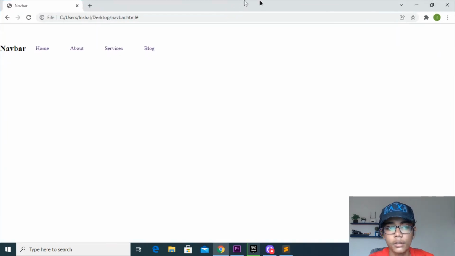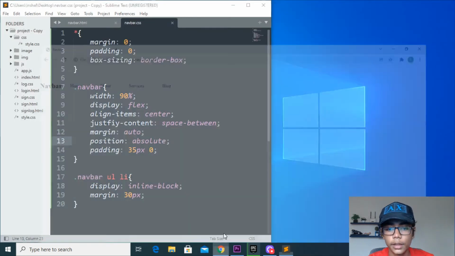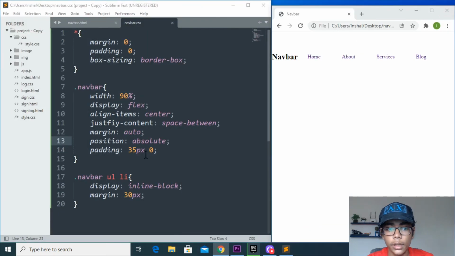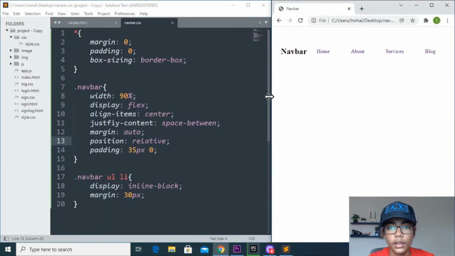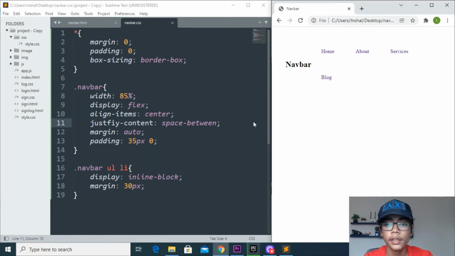So here if I do, you can see it is now coming like that, and then do that again and write that to relative, save that and refresh. So you can see position is now relative here, and now when you've done that, you have to do another until here you can see. So we have defined all things now, and here it is not going at the right side, you can see that.